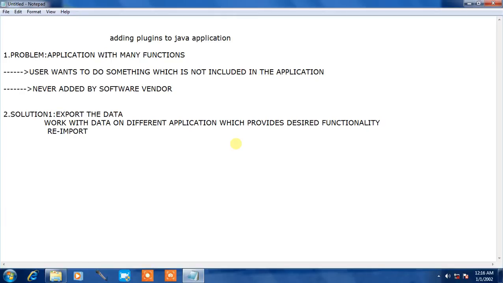Now let us see solution number 2. Another option would be to extend the application by using its API if it provides one.